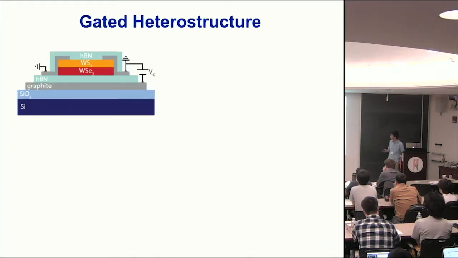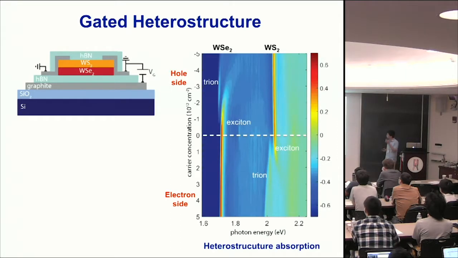Experimentally, to realize this, we make a heterostructure where, with electrostatic gating, we can control the carrier concentration. We have this WS2/WSe2 heterostructure encapsulated in boron nitride, and we put a graphene contact that allows us to gate it, and then we use a graphite back gate for this device. And here, just to convince you that we can indeed gate and change the carrier concentration in the heterostructure, we show